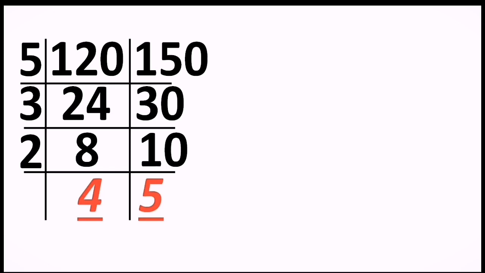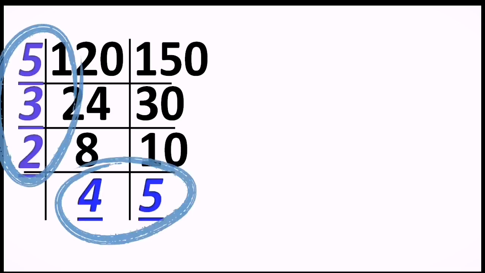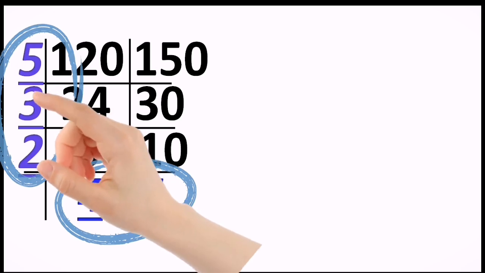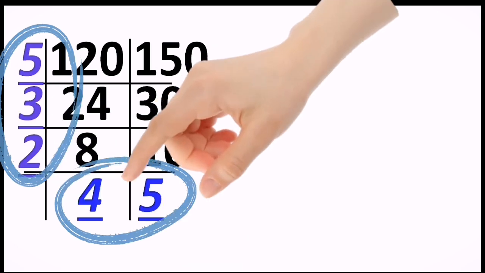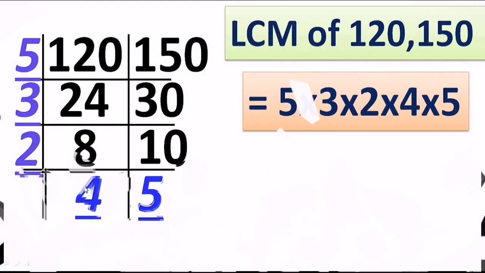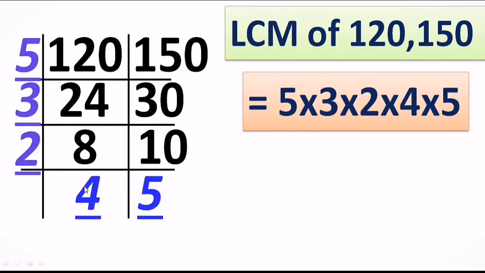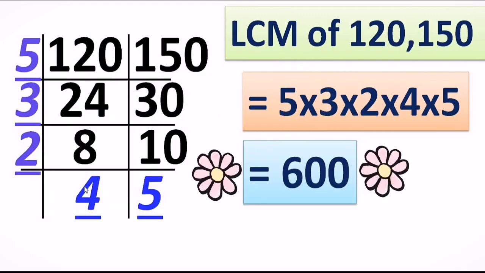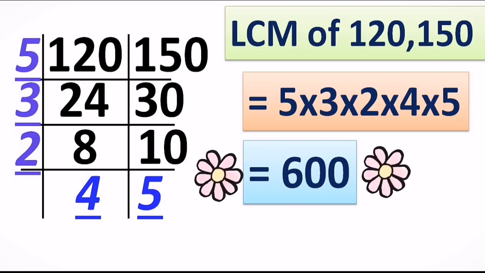So here we have to stop, and from here onwards there are two ways. If I want to find the LCM, then of course I am going to choose all these numbers, correct? The numbers which are on the extreme left and the numbers in the bottom layer, right? The moment you multiply all these numbers, we get the answer 600, the way you are looking at the screen. And this is how we calculate the LCM of two numbers, right?